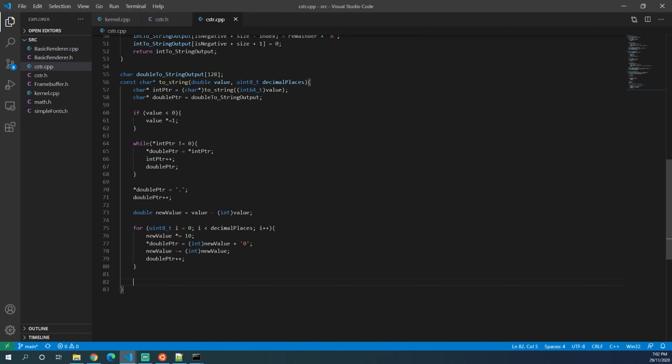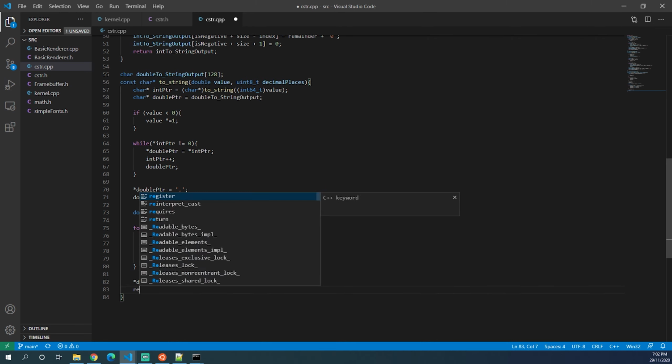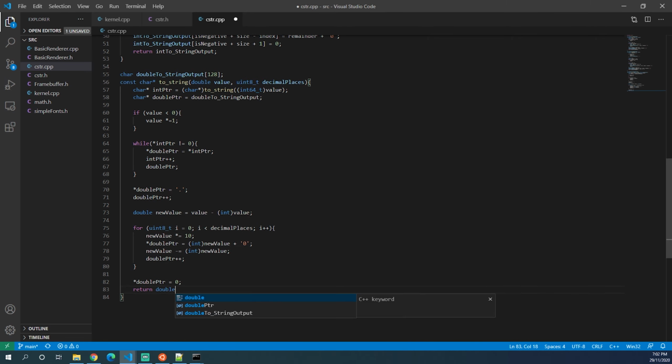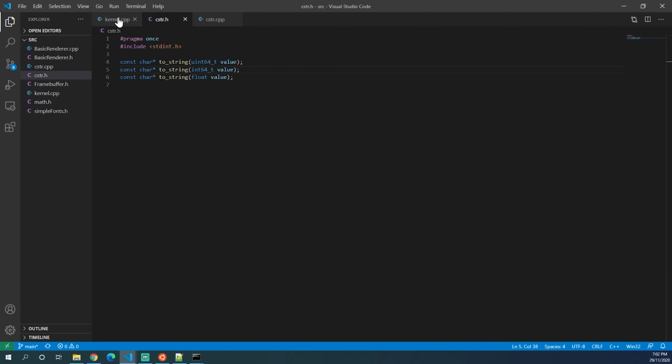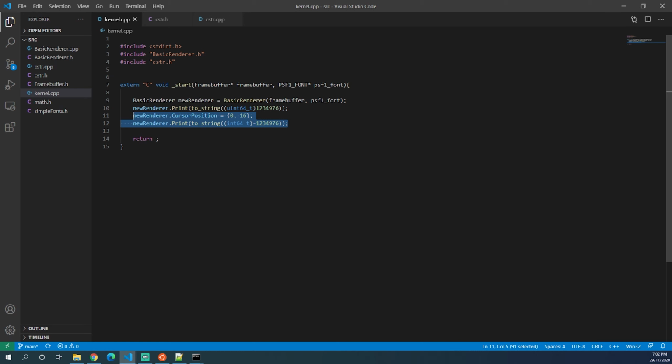Alright, now we just need to finalize this string so it's null terminated. We just need to dereference double pointer equals 0. And now we can return the double toString output. Alright, now back in kernel.cpp, we can now move the cursor position down one more to 32, and we can print toString a double